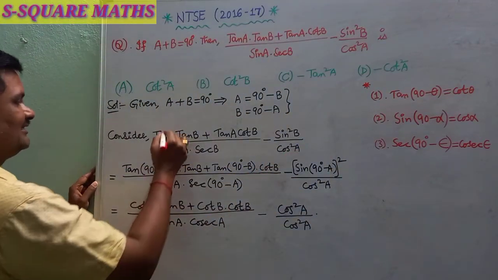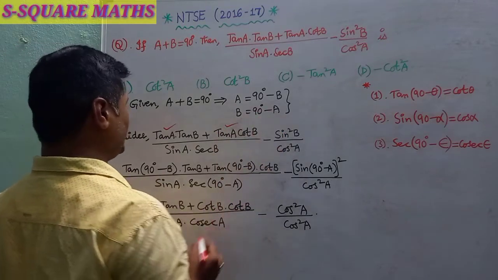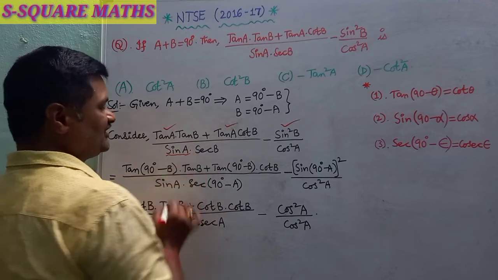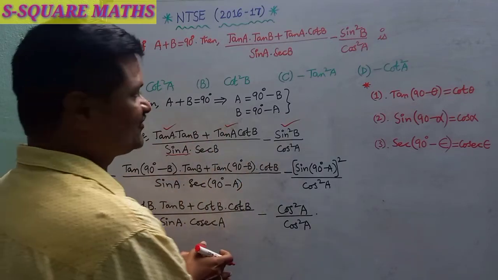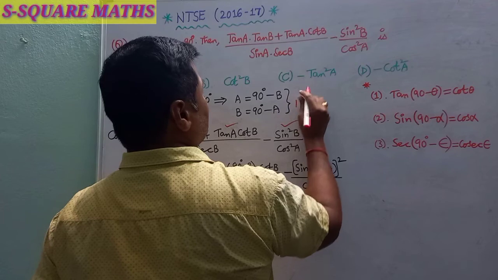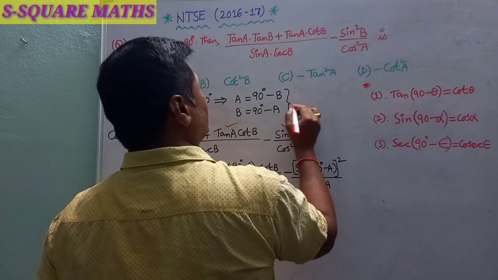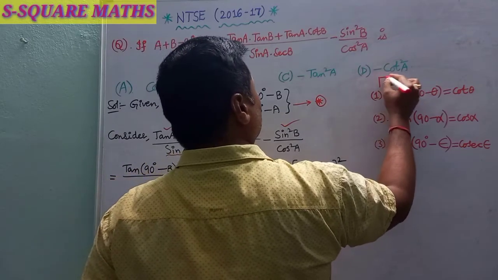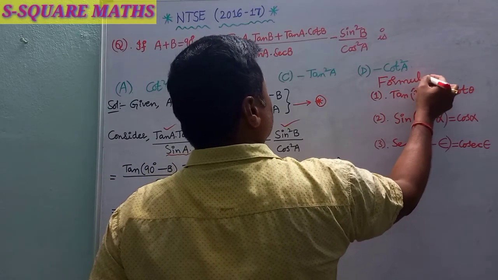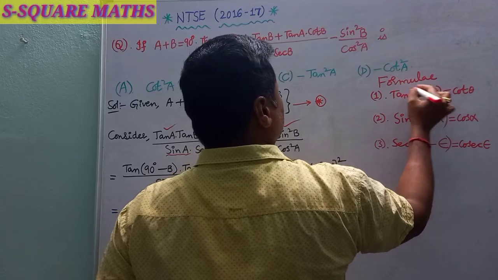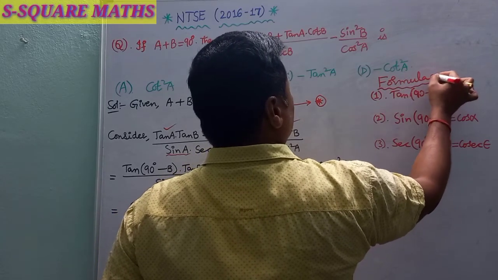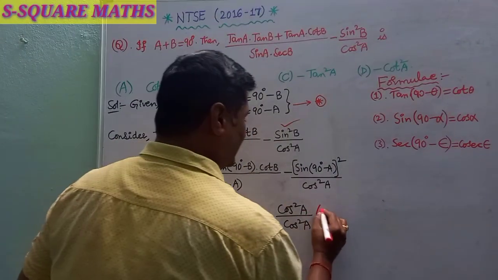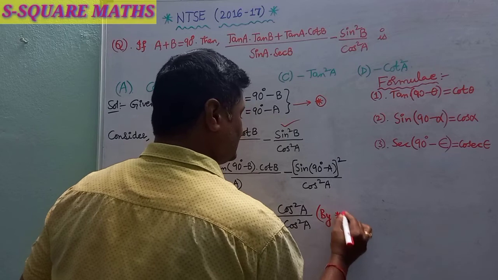Where have they been applied? This one has been changed, this one, and the next, this one have been changed. The four have been changed. I have written this one, so this is our star here. Okay, and these are the formulas applied for the problem. So this I have substituted by star.